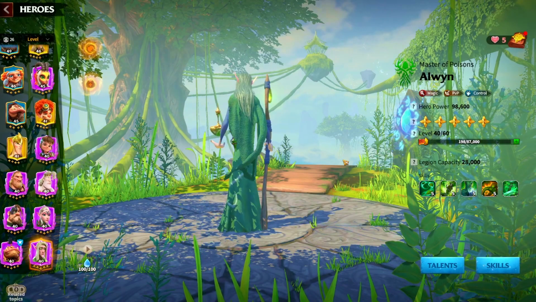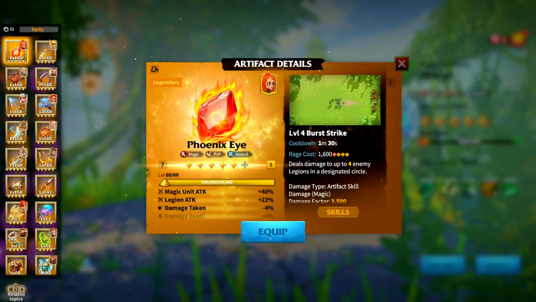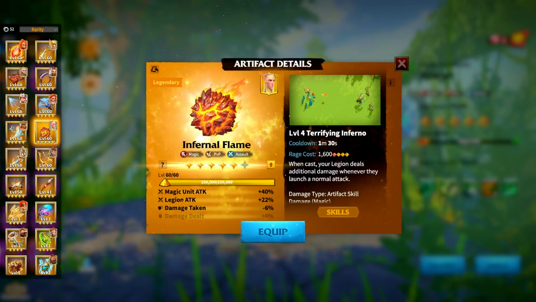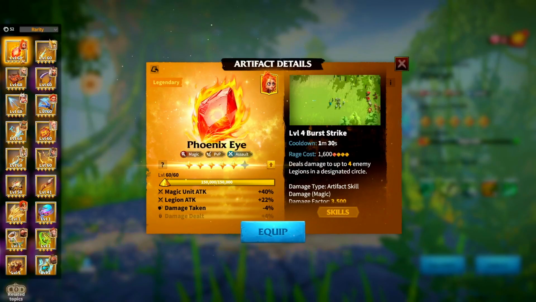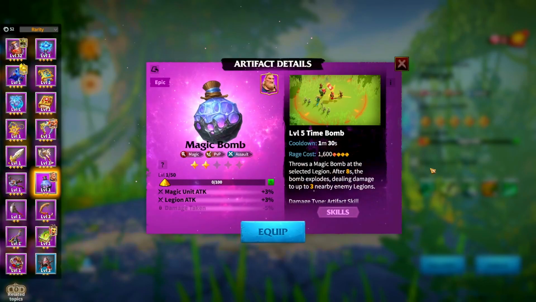Now, as for the artifacts to use, the artifacts to use are definitely obviously going to be Infernal Flames if you're using it with Liliana or Lily. Otherwise, Phoenix Eye if you have Phoenix Eye. The other artifact for epics that you would look at is honestly Time Bomb, but unfortunately Time Bomb doesn't really synergize, so the number one